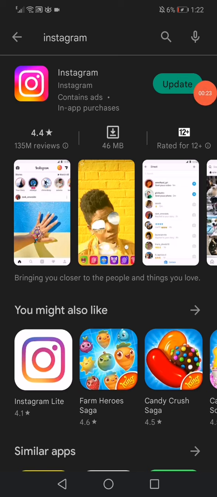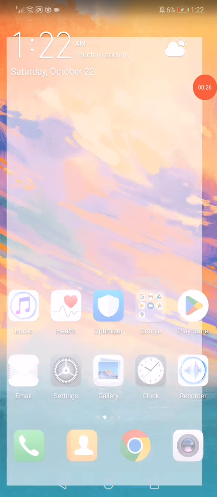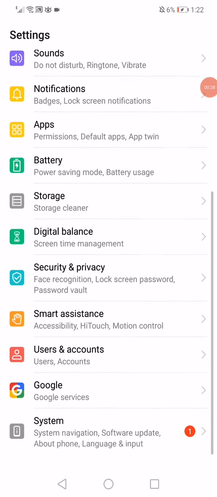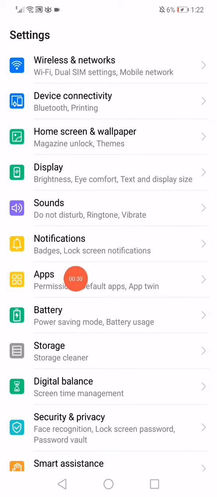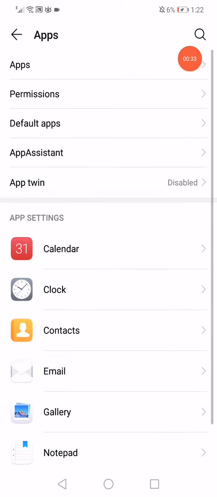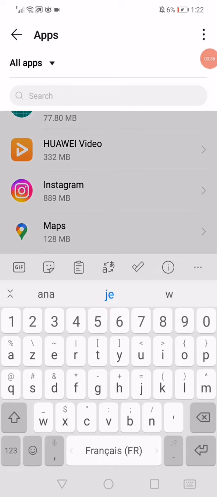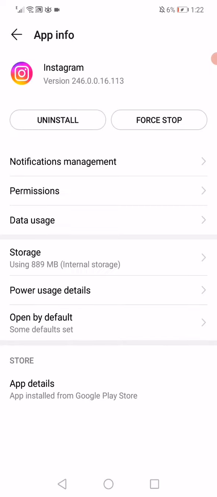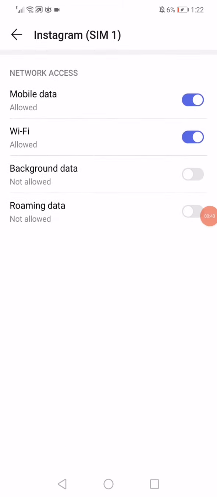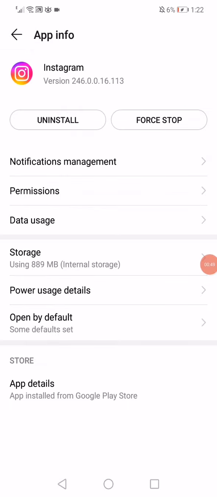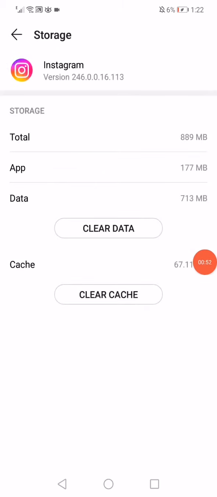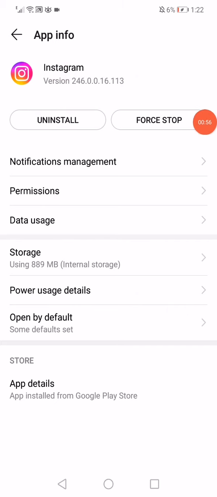And if there is no update, then go to the settings on your phone, scroll down until you find the apps manager. Click on it, go to apps and search for Instagram, then click on data usage and make sure to enable all those options right here like this, and go back, then click on storage and click on clear data and clear cache, and then click on force stop and restart your phone, then open Instagram and the problem